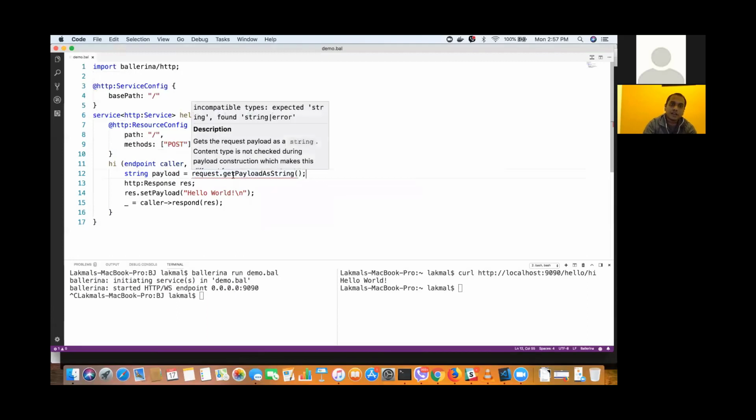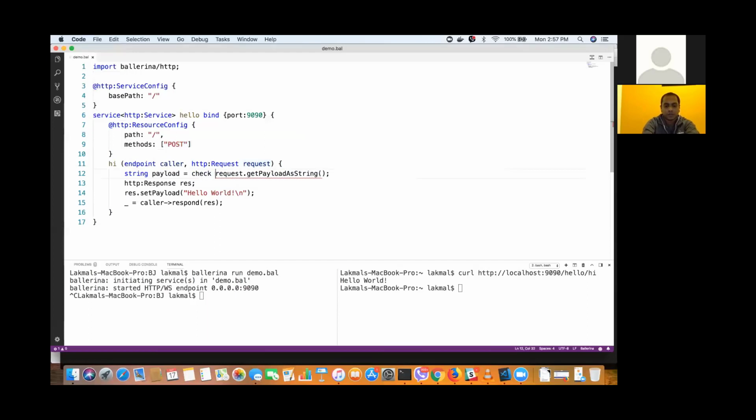You can also see there's a red underline, because this request can return either string or error, a union type. So either we as developers explicitly handle the error, or for this scenario I just pass it by using the check keyword, which passes the error to the next level. Got it. It's a bit like in Go, where the last parameter would be the error, and then you would say if error not equals nil.